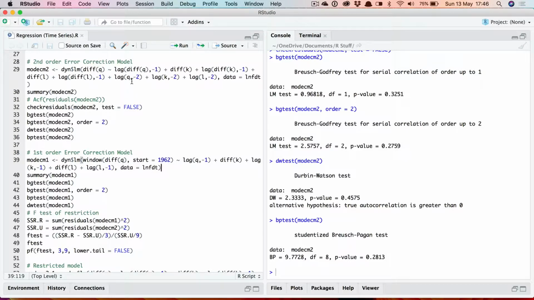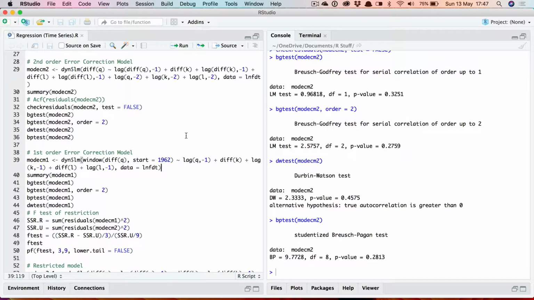Then when you use this dyn package in conjunction with lm, the advantage is that it automatically adjusts the sample period to take account of lags and differences. Because of course when you use lags and differences you lose observations. So this will have automatically adjusted the sample period accordingly, and in fact it estimates the data from 1962 onwards,